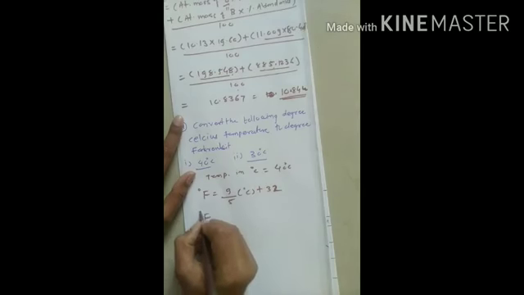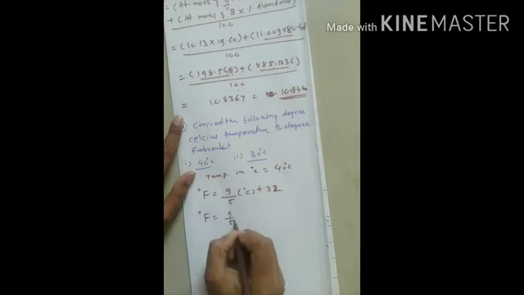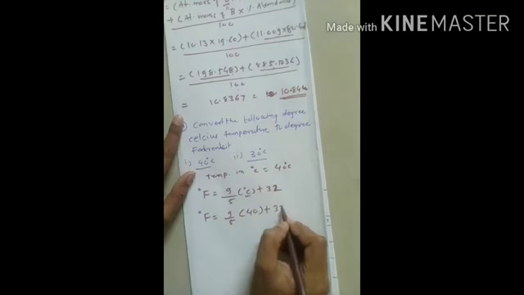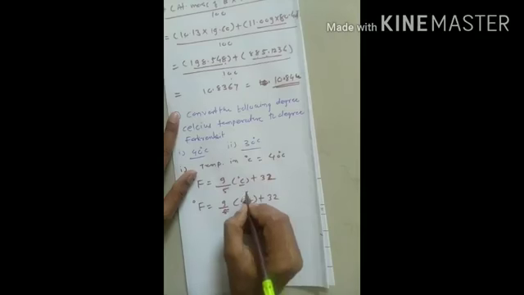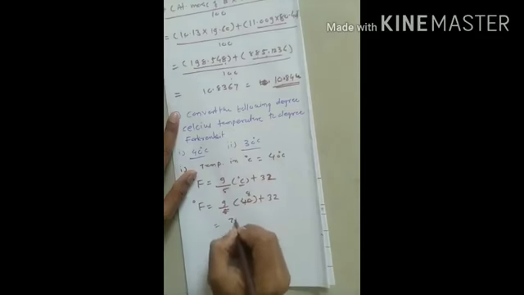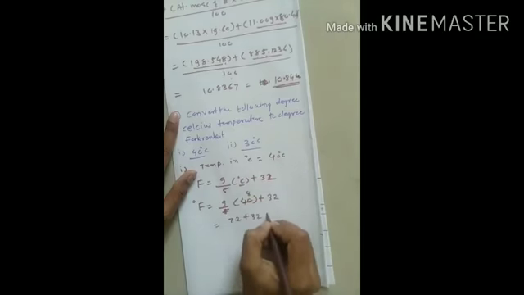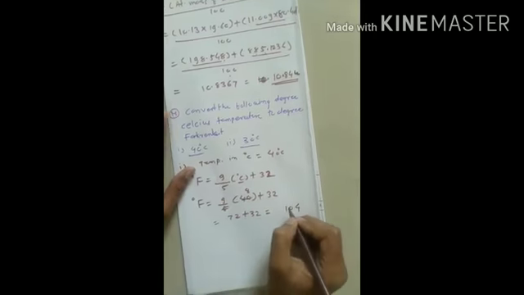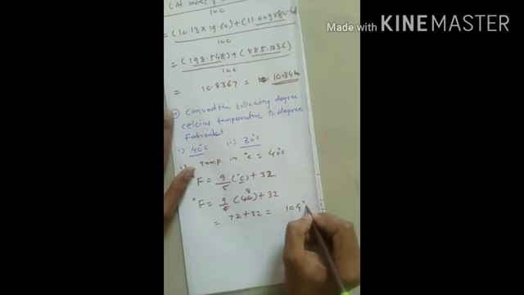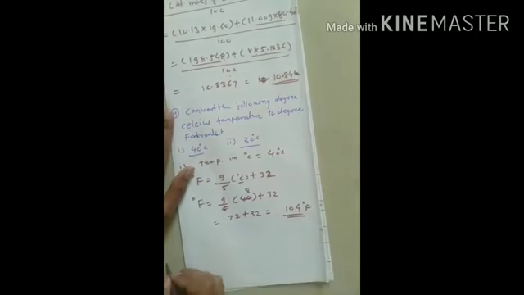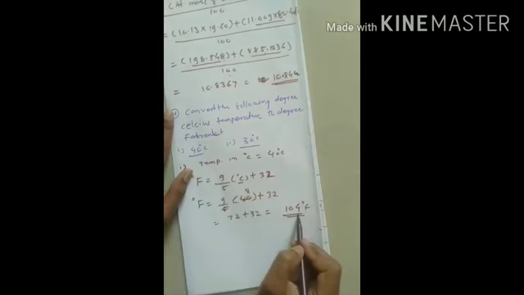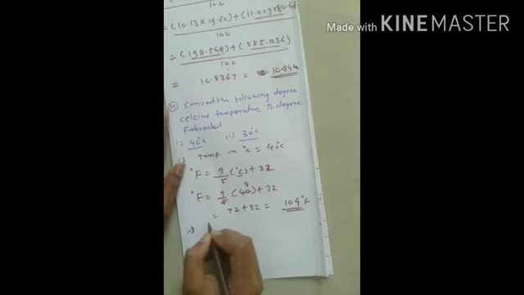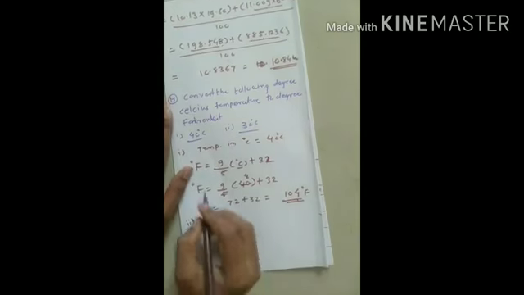So we can solve here. 9/5 as it is, degree centigrade given in your question is 40, plus 32. 5 eights are 40, so it becomes 9 eights are 72, plus 32, and you can add them. 2 plus 2 is 4, 7 plus 3 is 10. So it is found to be 104 degree Fahrenheit. That means 40 degree centigrade is 104 degree Fahrenheit. Similarly for the second question, it is a very easy question, you just have to use this formula.